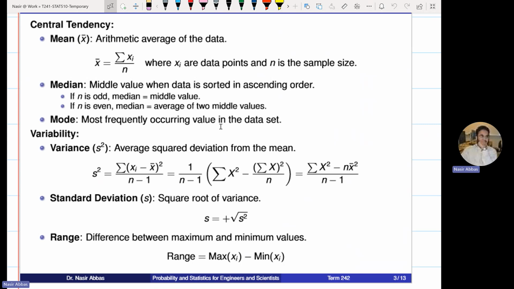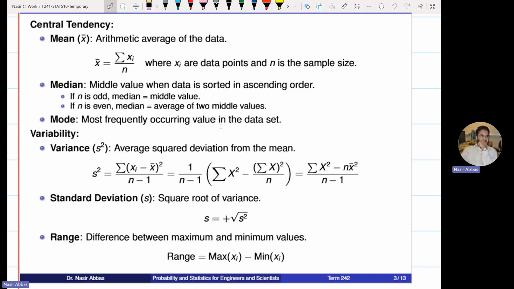Mean uses the magnitude of the values. Median uses the location of the values to locate the center. Mode uses the frequency of the value to locate the center. But all of them correspond to the measures of central tendency of the data. Where is the center of the data? Then